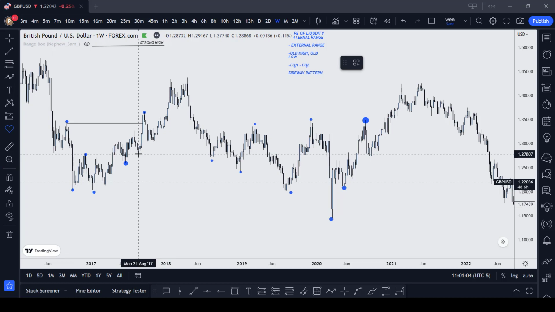This is a weak high. It first started here, and then I lost it. Okay, it first started here at this low, and then went and made that higher high, right? From that high, this high right here is a weak high because it failed to break through the previous low, right? All they did was come back